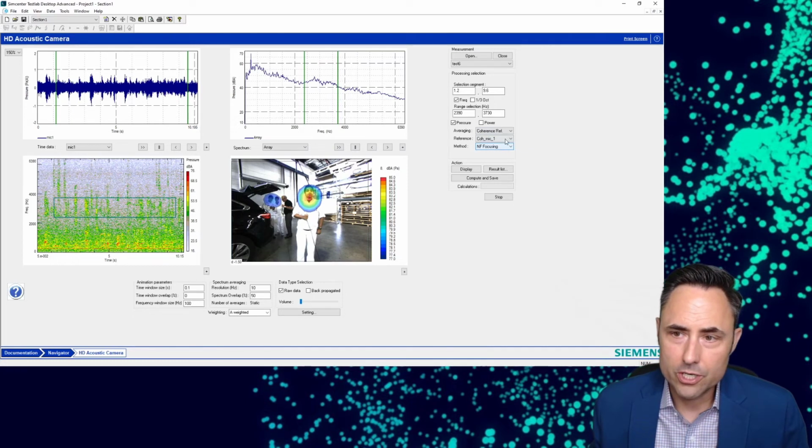Okay, and so what I'm going to do is I now select one of these microphones. In this case, I'll select my second coherent microphone, and I'm going to basically tell the software only show me where sound is coming from that is coherent with this other microphone. Okay, so I say compute and save.